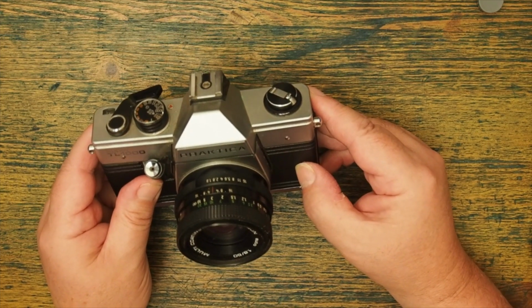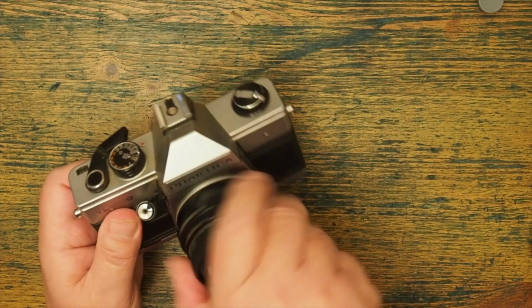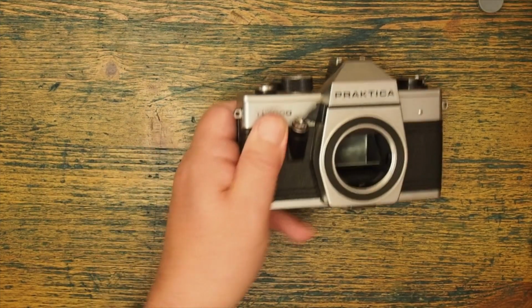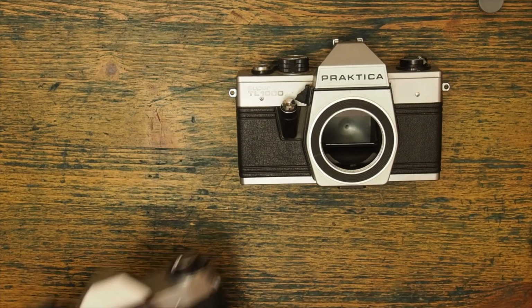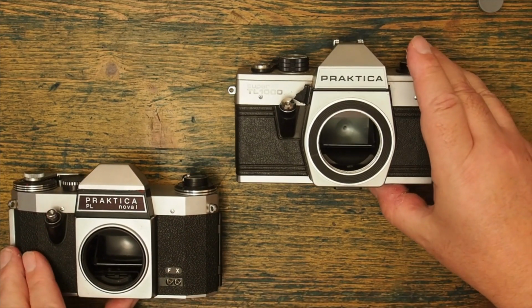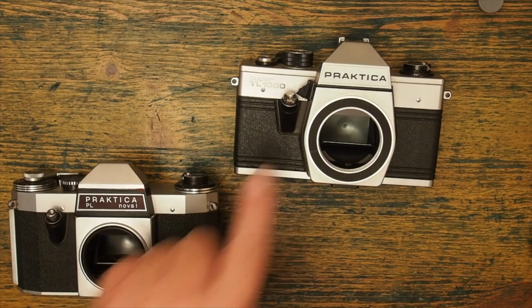I'm going to start my disappointment with a comparison with another Praktica camera. Let's take the lens off because it's going to make my life a bit easier. Here's one of my other cameras, which is the Praktica PL Nova 1. As you can see, there are fairly clear family familiarities between these two cameras, noticeably the shutter